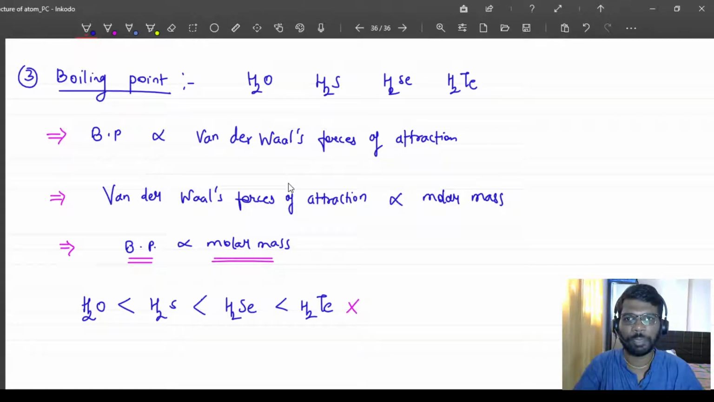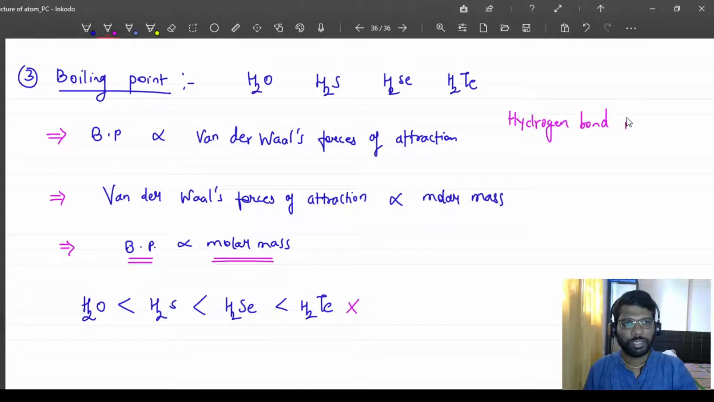There is also hydrogen bonding present. Hydrogen bonding and Van der Waals forces are the forces which tend to keep molecules together, like a covalent bond or ionic bond tends to keep atoms together. If there is a formation of a hydrogen bond, the hydrogen bond is always stronger. It is a force which holds the molecules together. Hydrogen bond is stronger